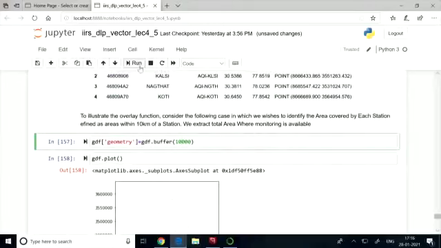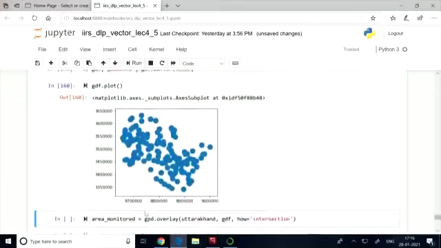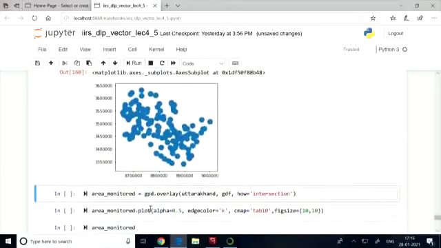This is a 10 kilometer buffer around each of these points. Now suppose we say that every station is covering an area within a 10 kilometer radius